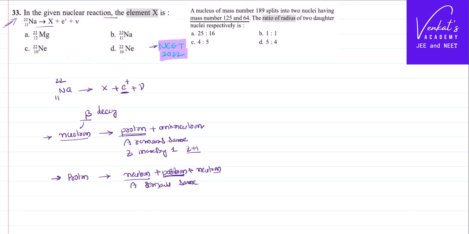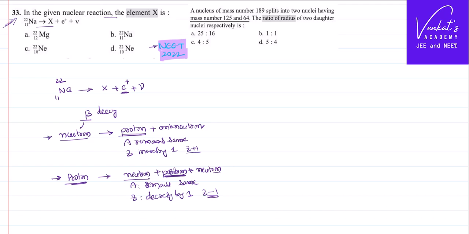As one proton is lost and what is generated is a positron, a positive electron, the atomic number, which is the number of protons, decreases by 1. That means Z becomes Z minus 1. So in our given case, Z has to become Z minus 1, right? So Z minus 1, it has to be, yes,